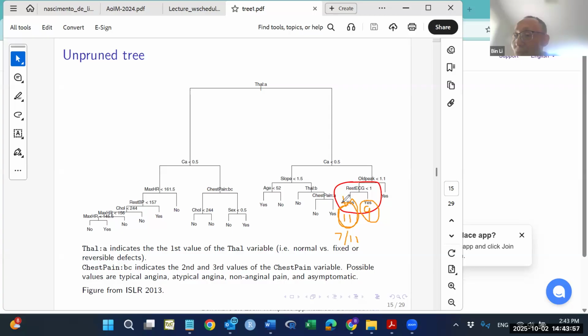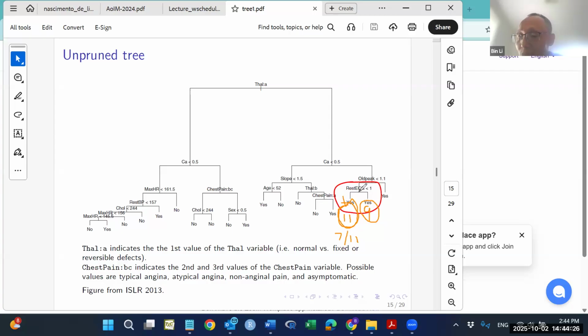So you can see the information is different. Although if you just want to give me a yes or no answer, they are both yes, but the confidence is different. That's why I'm making the point that although they both look the same, both yes, they are different. And also the cross entropy and the Gini index, by doing that